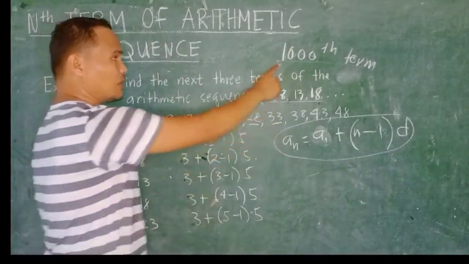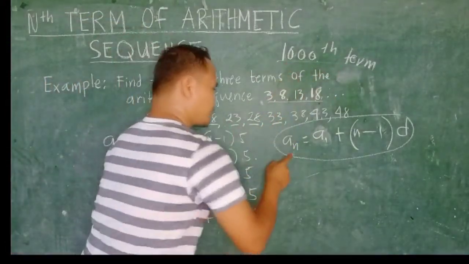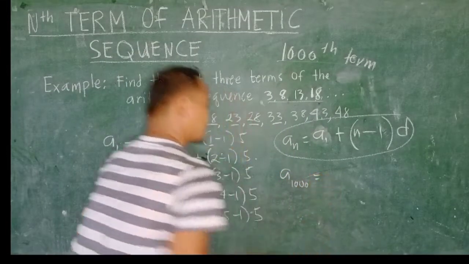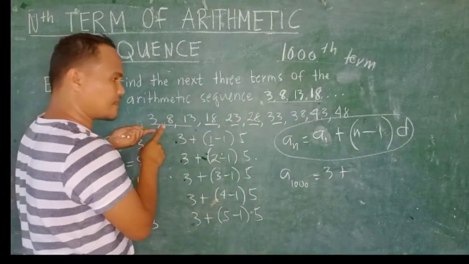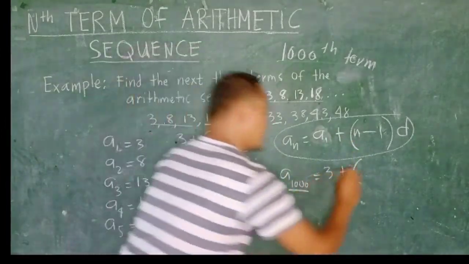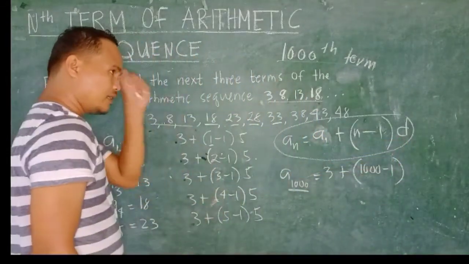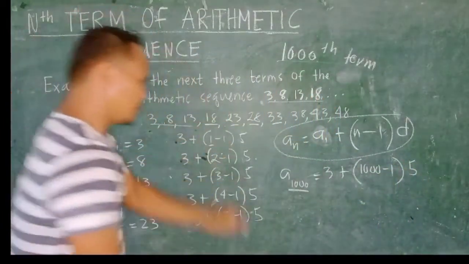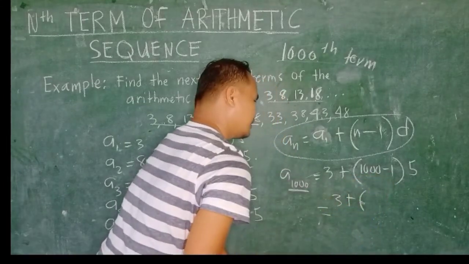So, if we want to know what is the 1000th term of this sequence, it is very easy. 1000 terms, so your n is 1000. So, you write a sub 1000 equals, the first term is 3. The first term in this sequence is 3. What is our n? n is 1000, 1000 minus 1. What is the common difference? The common difference is 5. Okay? So we have 3 plus